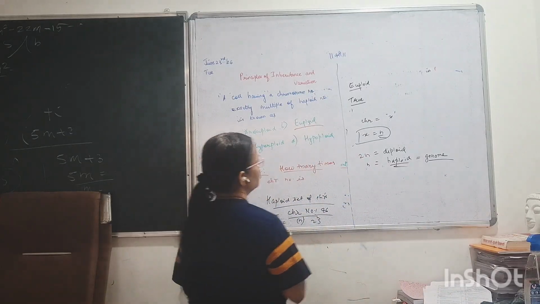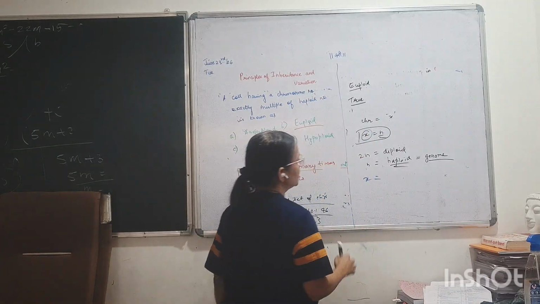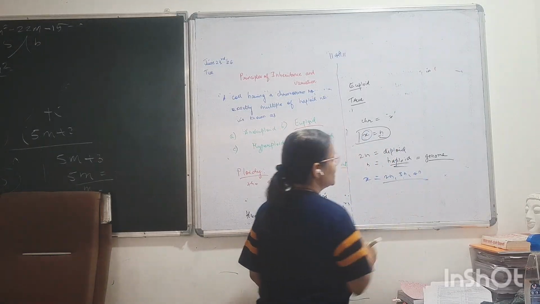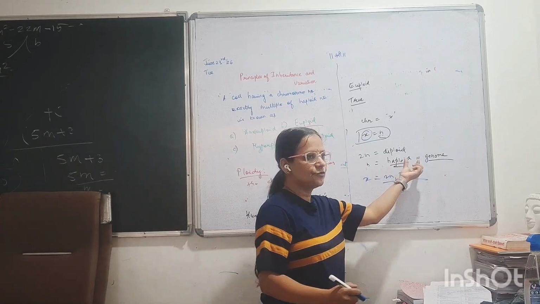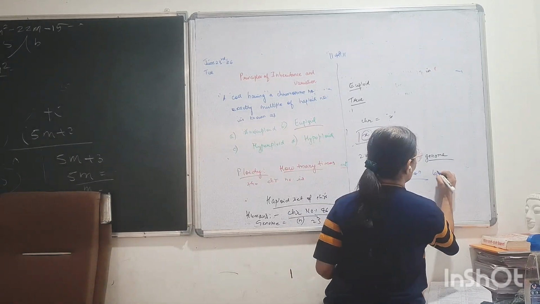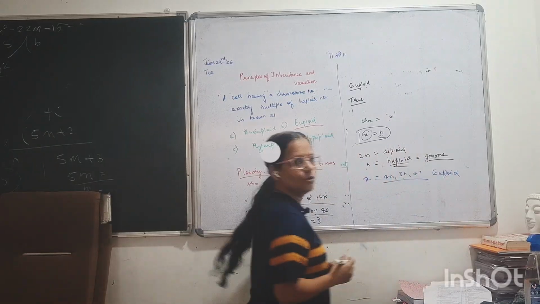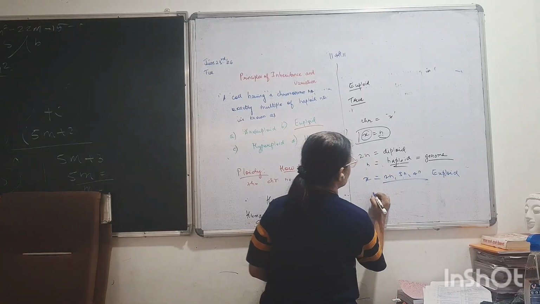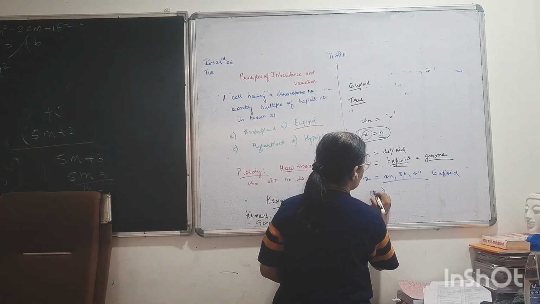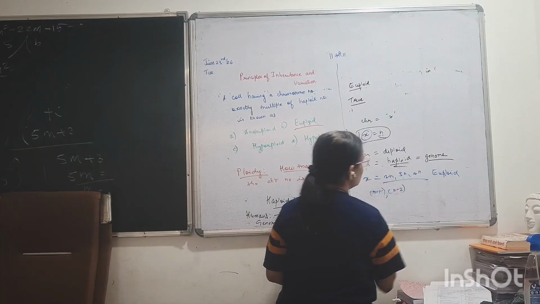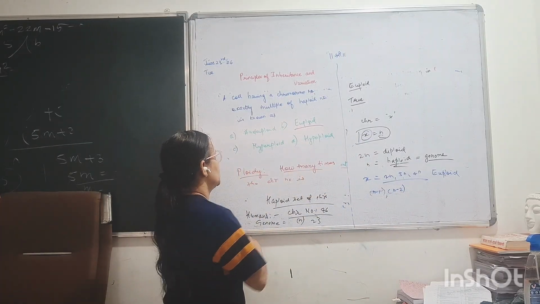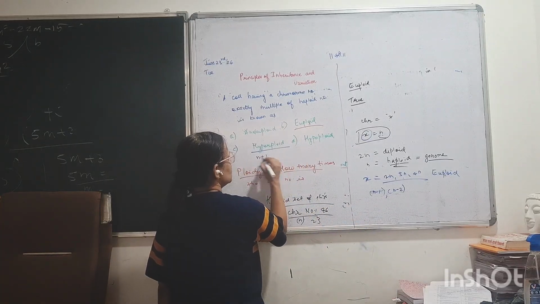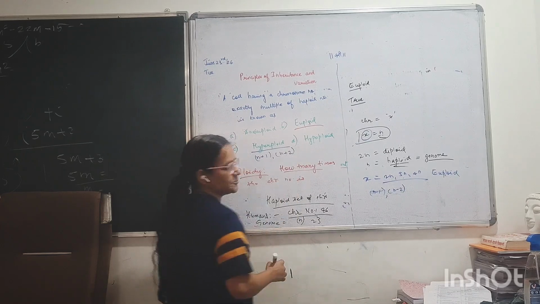Now, if your chromosome number, that means your X, is a multiple of N, say 2N, 3N, 4N, then it is an exact multiple of the haploid set of chromosomes, so again it is euploidy only. In hypoploidy, you get fewer chromosomes, meaning you will have N minus 1 or N minus 2, right? In hyperploidy, what you will get? Your chromosome number will be N plus 1, N plus 2, like that, right?